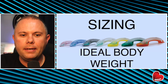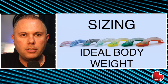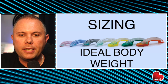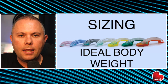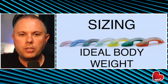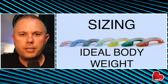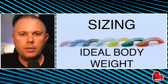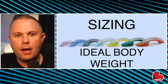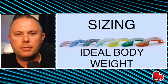Now, sizing again is based on ideal body weight, which is very, very important when we talk about insertion. It's also available in pediatric sizes, which is making this tube very attractive for pre-hospital providers, as you can cover all age ranges. The only difference with the smallest tube of the i-gel is it does not have a gastric opening. All of the other sizes are suitable for a gastric opening. It also makes tube exchange much easier: pulling out the i-gel after placing a bougie,